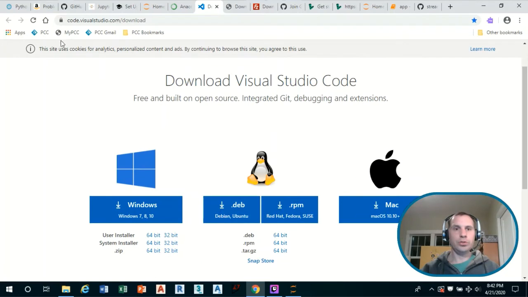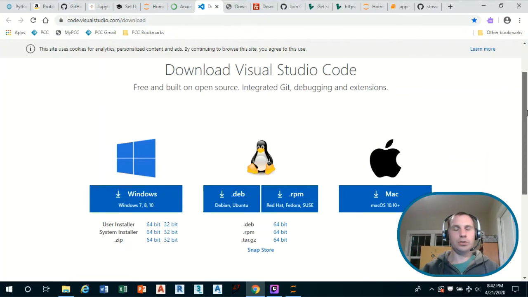And if you go to this web address, then you'll be able to download Visual Studio Code. Visual Studio Code is also called VS Code. So if you see VS Code written anywhere, that's the same thing. But note that that's a different program than Microsoft Visual Studio. If it doesn't have the code at the end, that's a different product.